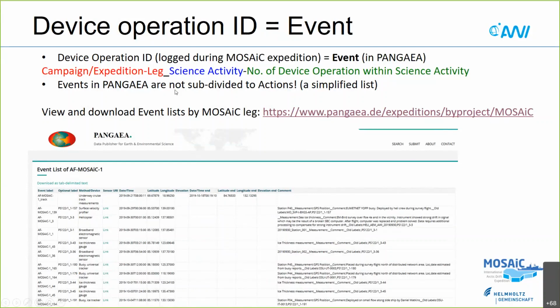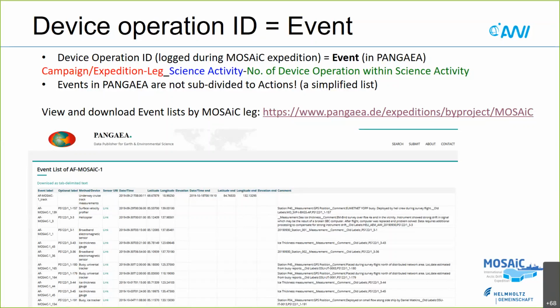So in a way, the events list in PANGAEA is a slightly simplified list in comparison to the dship list. So we do not subdivide the events into individual actions, which might be perceived as a disadvantage. But the good thing is that part of events in PANGAEA is a link to the sensor web.